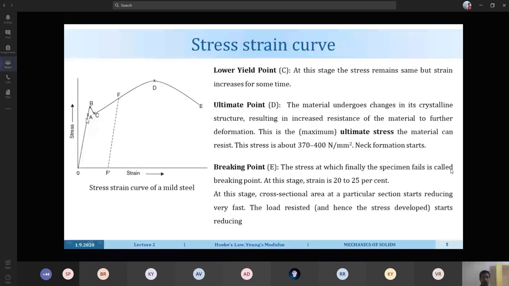So whatever the load, how can we adjust the stress acting on that structure? The stress is dependent upon load versus area: the load by area. The load is the external load coming on the structure. So either we have to restrict the load or we have to adjust the area. If the load is kept constant, we can adjust the area. If we want to reduce the stress, we have to increase the area.